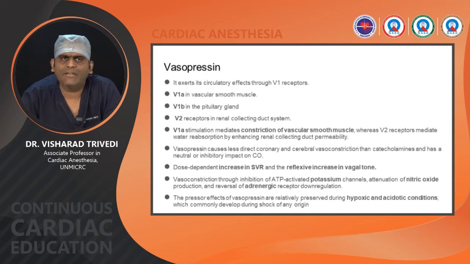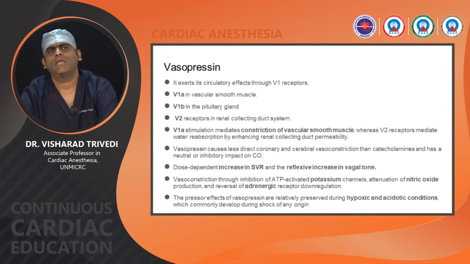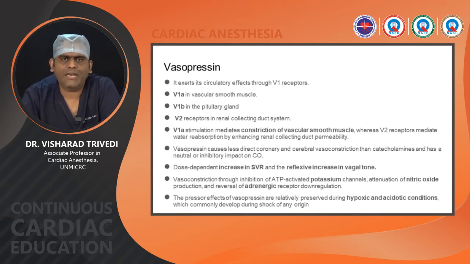V1 is subclassified into V1A and V1B receptors. V1A receptors are in the smooth muscle cells and V1B receptors in the pituitary gland. V2 receptors are mainly in the collecting duct system. So here we are concerned with the cardiovascular system, so we talk about only V1A receptors. V1A receptor stimulation mediates constriction of the vascular smooth muscle cells, whereas V2 receptors mediate water reabsorption on the